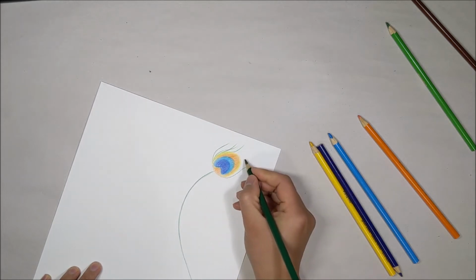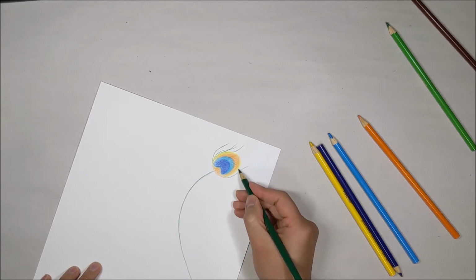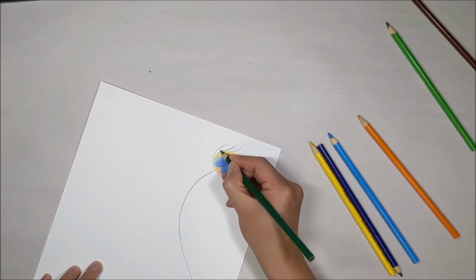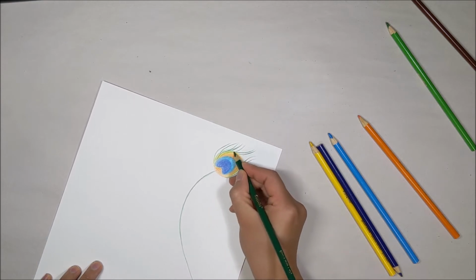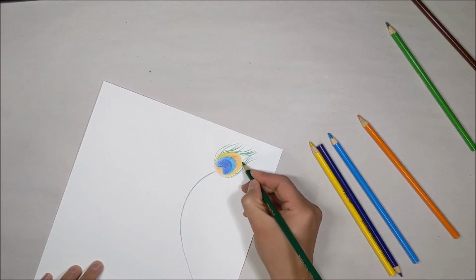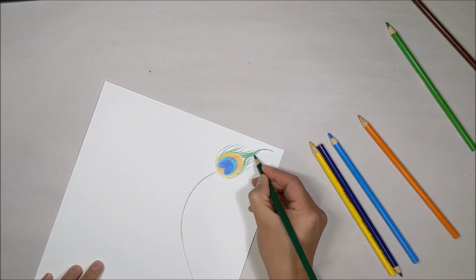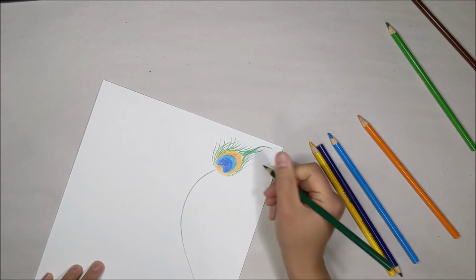You don't want to hold your color pencil too tightly or too loosely. Make sure you are comfortable in the positioning of your hand and the paper so that you can draw nice, smooth lines. So feel free to rotate the paper or rotate the angle at which you are drawing. Your lines should consistently come from the center, the rachis, outward. So the movement of your pencil should not be going back and forth like it is when you're coloring. It should be a swift movement in the wrist so that your line has a nice tail that is wispy and light. The angle of the barbs are not super important, just as long as they come from the rachis